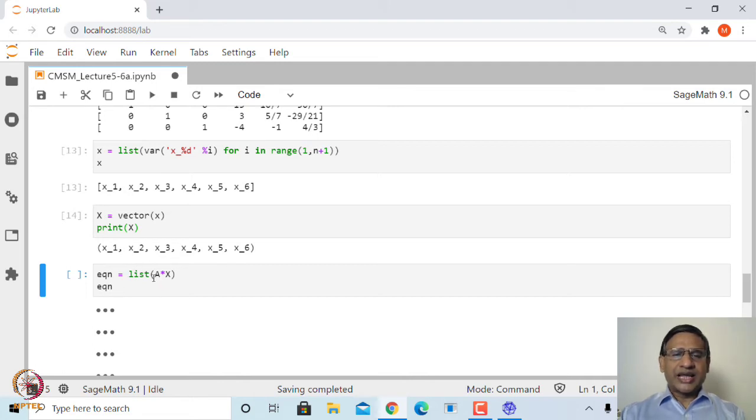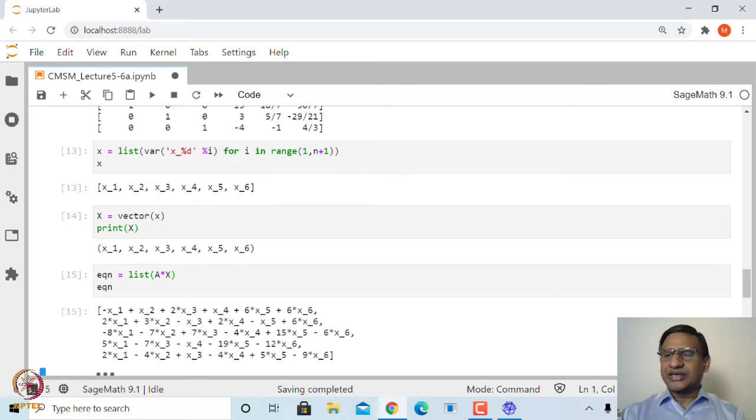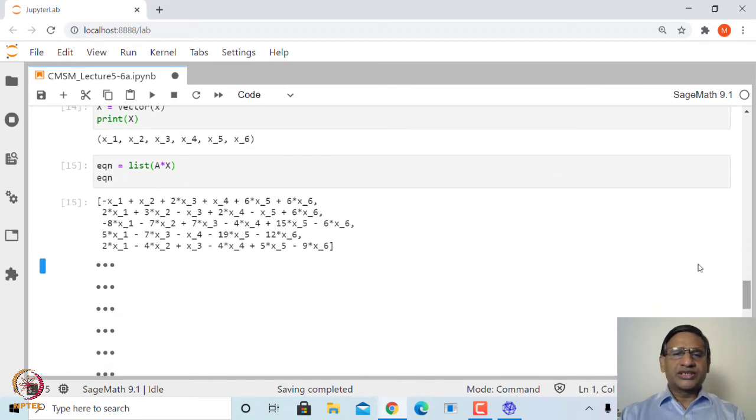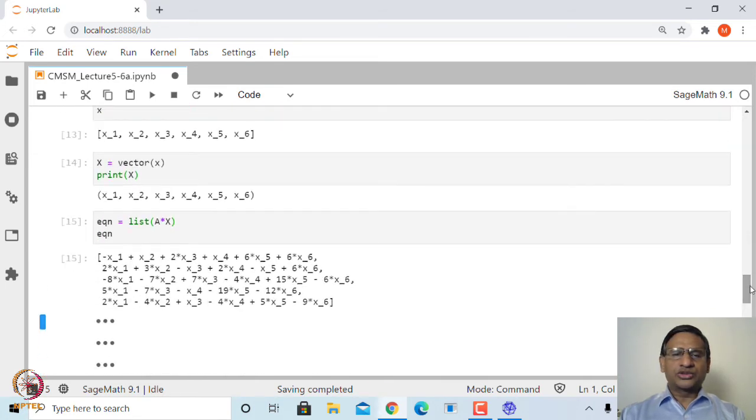Now, let us find A times X and create a list of this. When we create A times X, it will give me a list of rows, therefore if I want to solve Ax = 0, it amounts to solving the first element in this list equal to 0, second element in this list equal to 0, and so on.